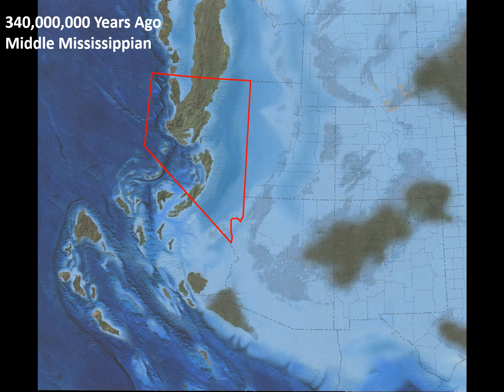The mountain building caused the ocean to be cut off from eastern and central Nevada by the end of the Mississippian, but oceanic waters existed in western Nevada as well as an inland sea trapped to the east by the mountains. Also, as the mountains continued to rise, they would shed enormous amounts of sediments to the east due to